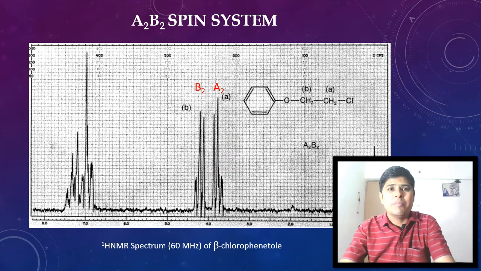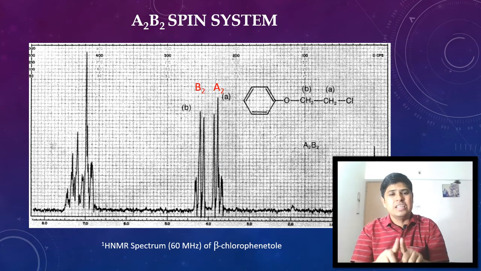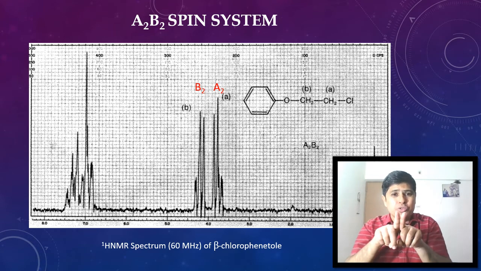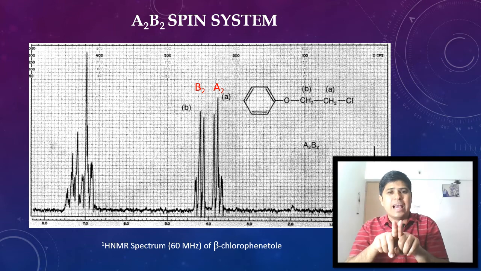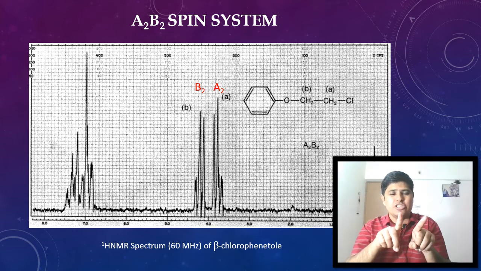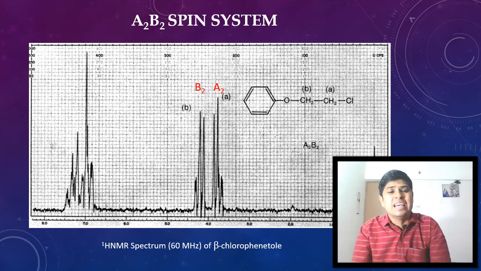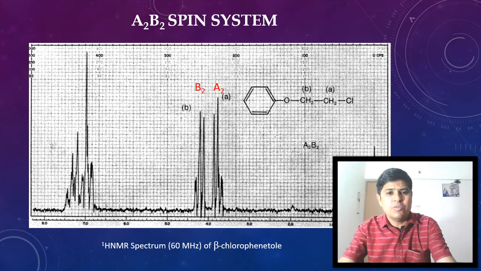Why is it so? Because both these signals, both these multiplets, do not have wider separation in their chemical shift. They are strongly coupled, these two nuclei, that means this group of nuclei CH2 and CH2, phenoxy CH2 and chlorine CH2, are strongly coupled with each other. Hence this is not appearing as a clear triplet, and this is also not appearing as a clear triplet. Here we are having a distorted triplet, so they are very close to each other, hence we are calling